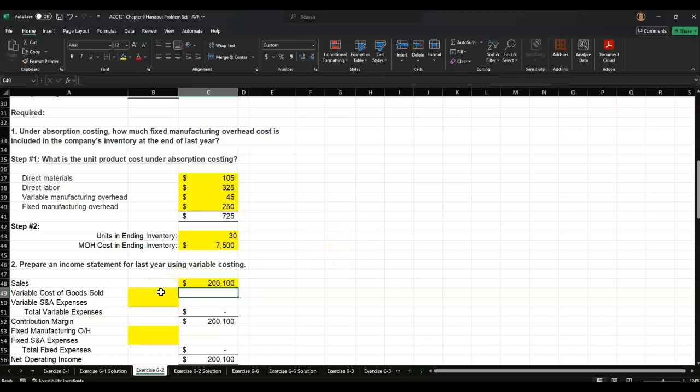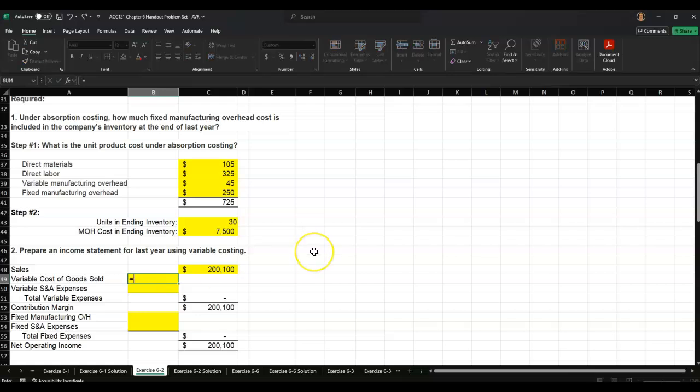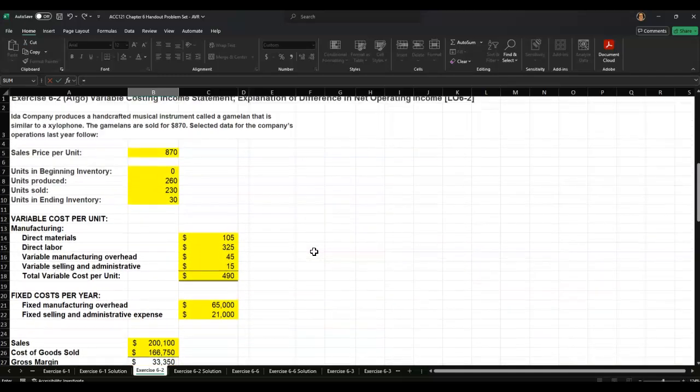Now in this particular question, notice how they went away from total variable cost to the variable cost of goods sold and the variable selling and administrative expense. So again, don't miss that one. That could be one of those that would mess you up. So we're going to pick up the total number of units sold,